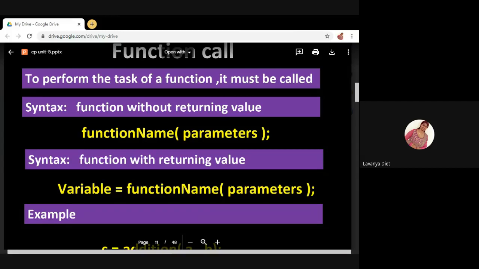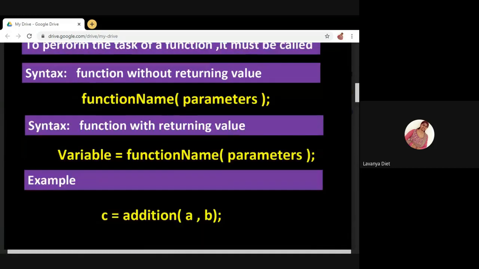So variable equal to function name parameter list. Remember these two syntaxes. To call a function, simply specify function name and parameters. If a function is returning a value, simply specify variable equal to function name parameter list. See the example.